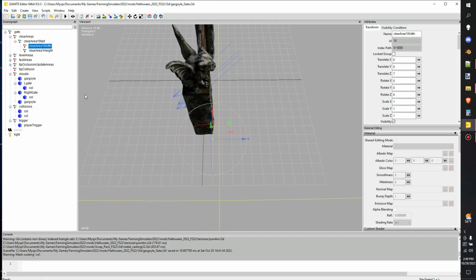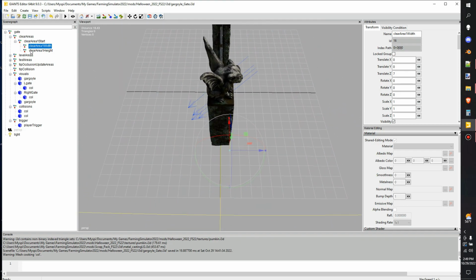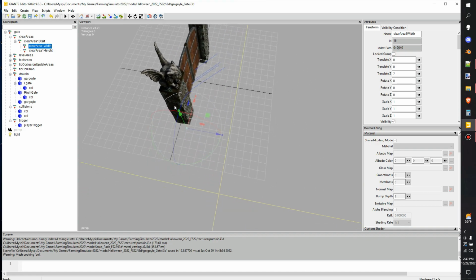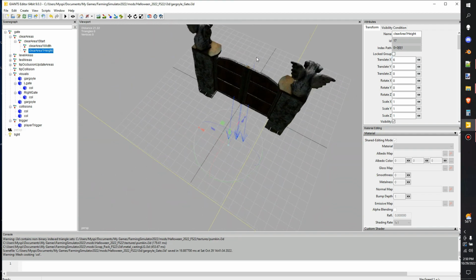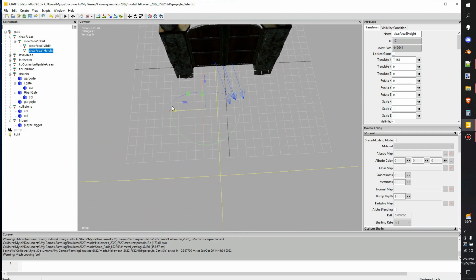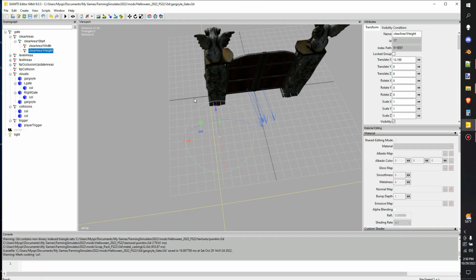And you have a start node, and then underneath that you have two children, a width and a height. And they're only supposed to be working on their own little translate. So you notice here how it's only translating on translate Z. And then we'll click on height. It is on the X translate. So we'll scoot that on over to where it